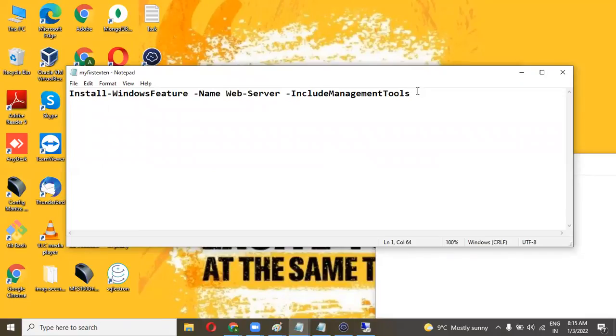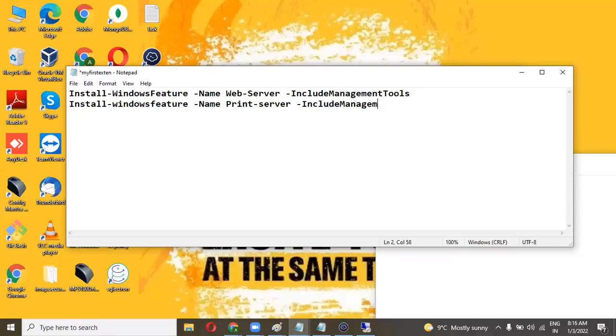You can search the name on Google. Like if I want to install a print server over here, then I have to write Windows feature hyphen, and the feature name, like that.